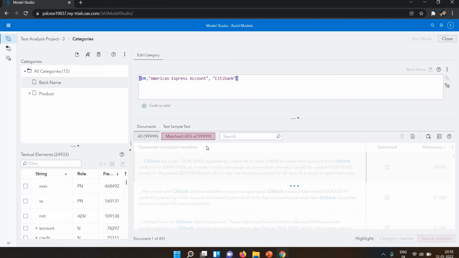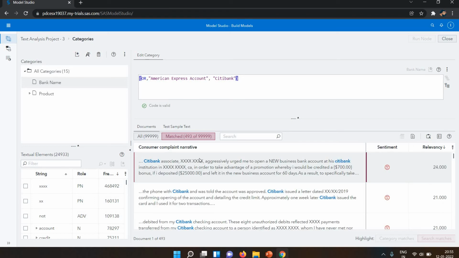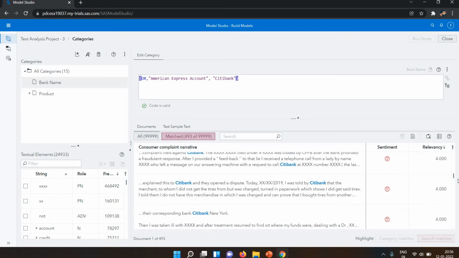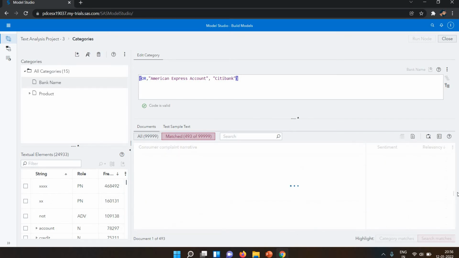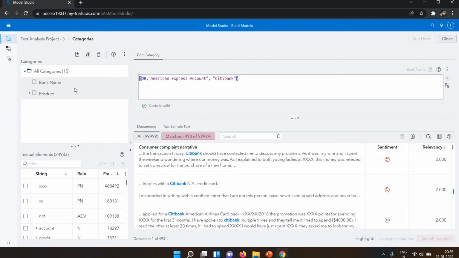You can see 493 matches related to my bank name. Citibank is here. Let's see if American Express is found. It will show all the matched records and the bank name also, because I created this as a category.